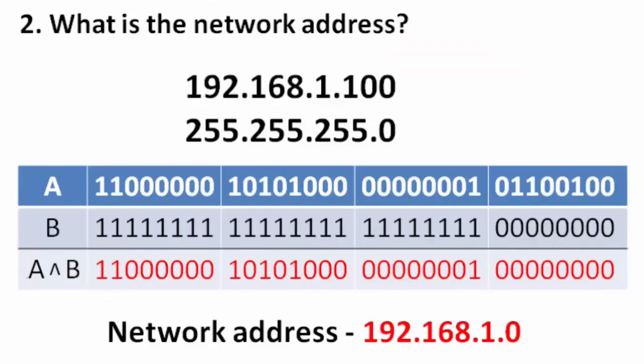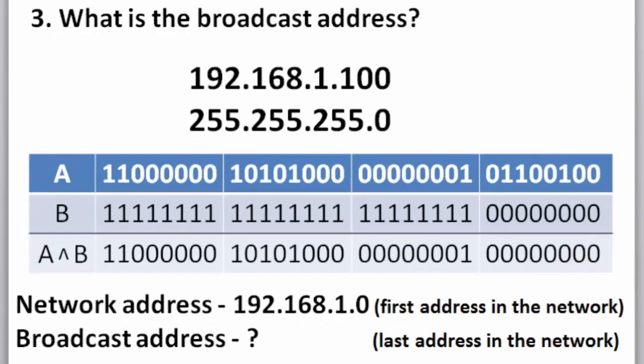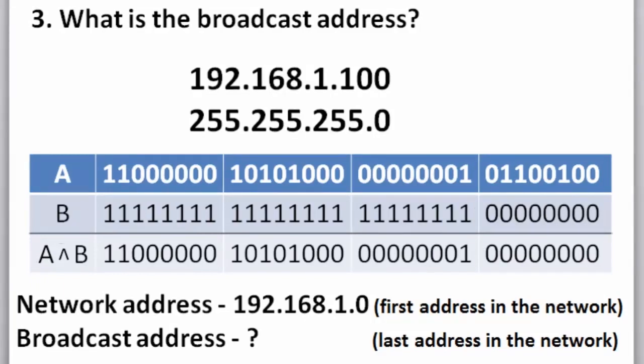This process of ANDing is crucial for how the routers and computers are able to determine the network based upon the IP address and subnet mask. So now we know that the network address is the first address in the network. We also know a little bit more about how the network address is actually determined by the computer or the router. And we can go to question number 3, what is the broadcast address? If the network address is the first address in the network, the broadcast address is the last address in the network. In this case, the broadcast address would be